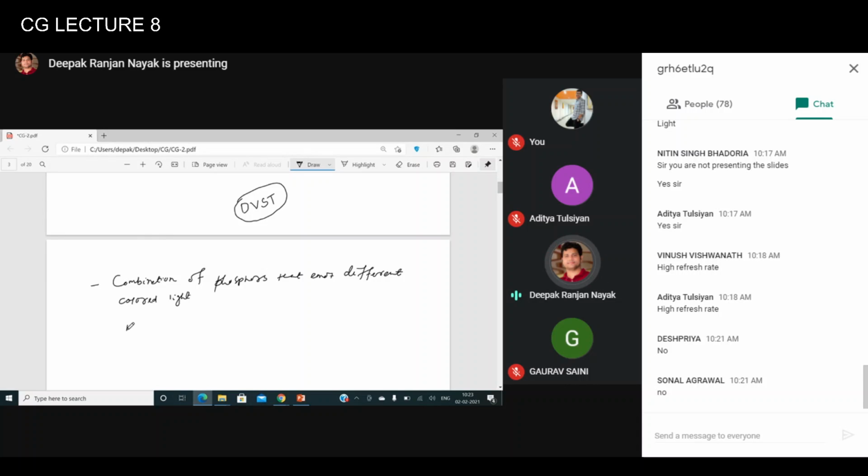Those are called the beam penetration method, and the second one is the shadow mask method.